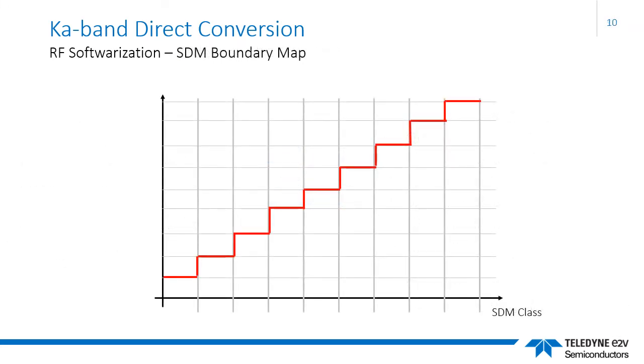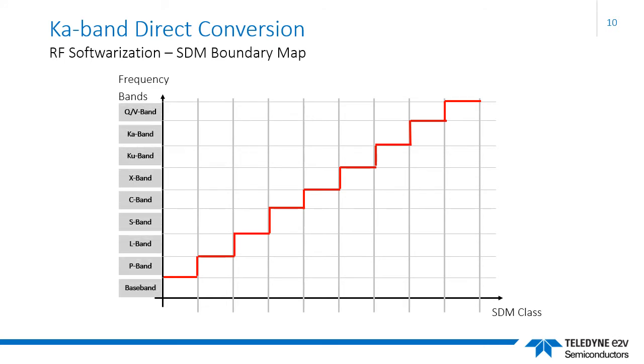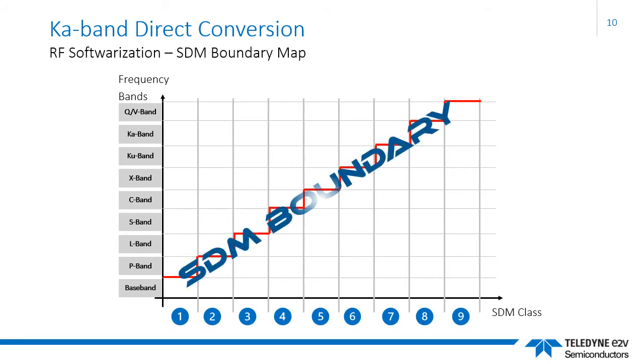When evaluating the suitability of data converters for use in a specific wideband RF application, it's often helpful to consider the SDM boundary planning guide shown here. The standard microwave frequency bands are plotted along the ordinate and the class of SDM along the abscissa. Clearly, a Class 1 baseband ADC has no access to microwave RF energy without the aid of a superheterodyne frequency translation stage. The SDM boundary marks the separation of the analog from the digital radio domains.